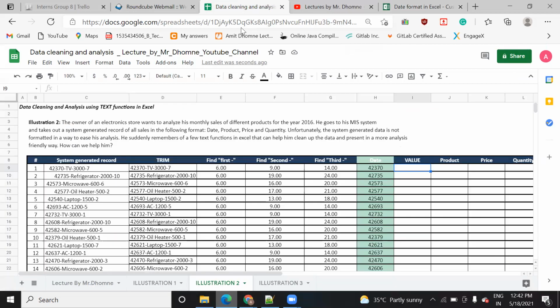In order to convert it, you first need to convert it into a number value. For that I'm using the VALUE function, which converts date, time, or string into a number. It is used to convert a string into a number. I'm passing this value, the H column ninth row, and I press enter. Once you press enter, see this, the data automatically gets converted into the day form. Now if you want to do it for the others, you can simply drag it and it will show you. Similarly, you can do it for all.